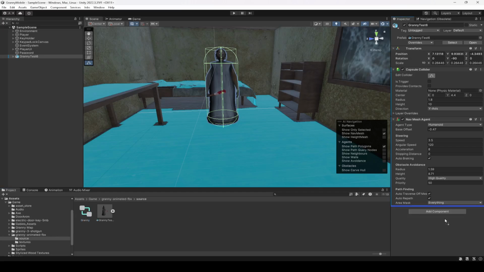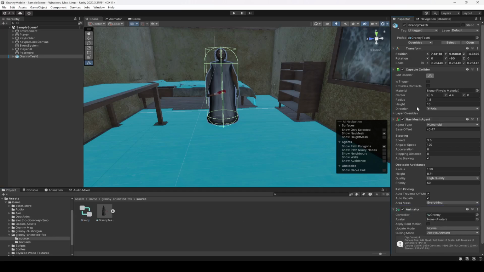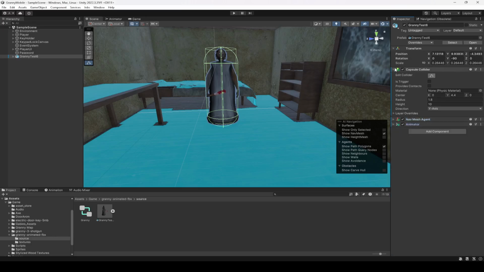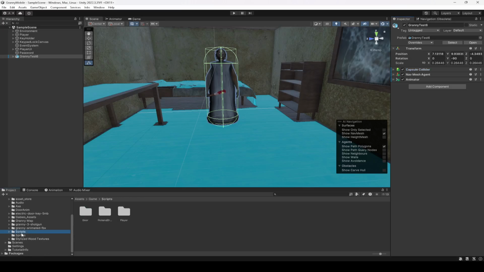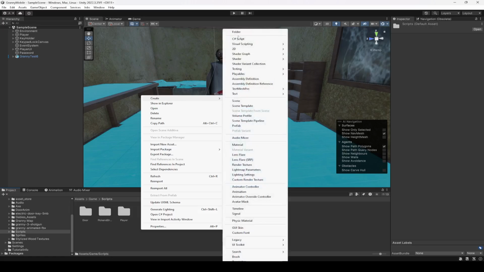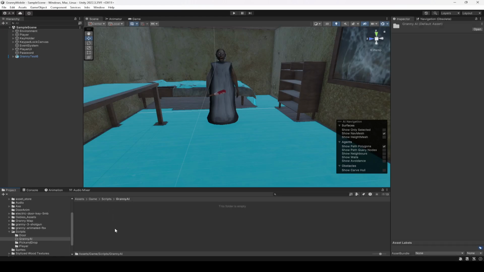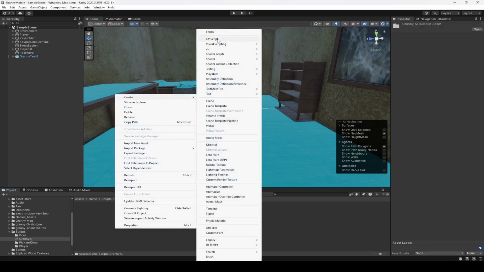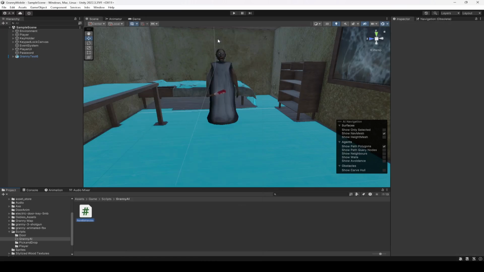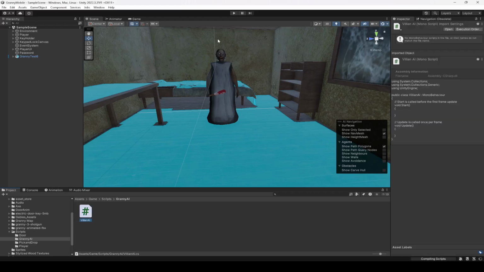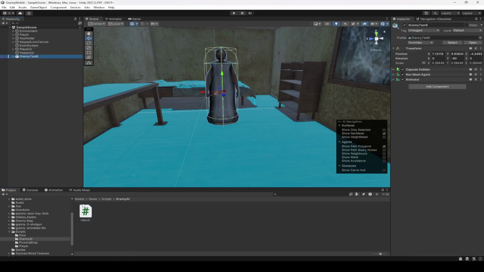After this we need to add this animator, so drag and drop that, and now we need to make a script for our granny. So go in the scripts folder, right here create a new folder by the name of granny AI, and in here make a script by the name of, you can name it granny, but I'm gonna just name it villain AI because she is a villain. Click on granny, drag and drop this script right there at the top,